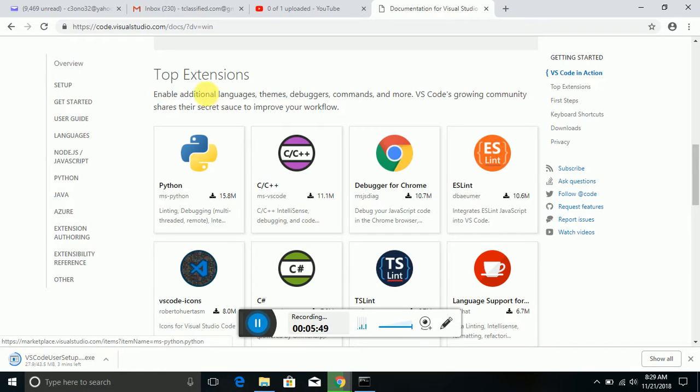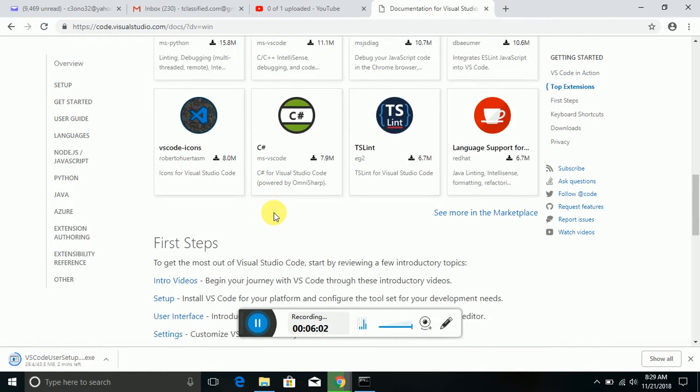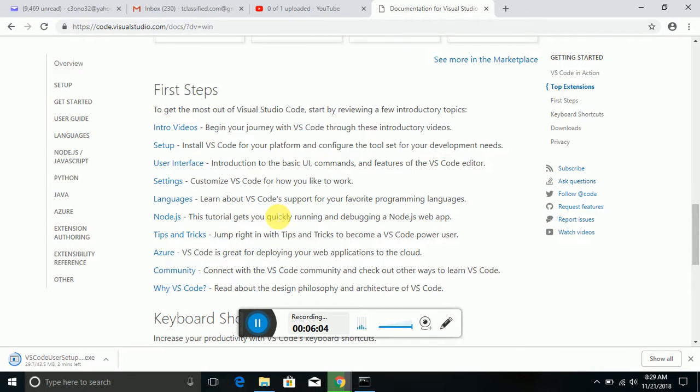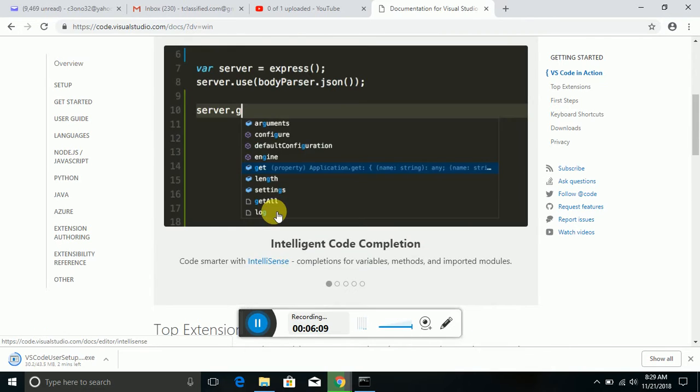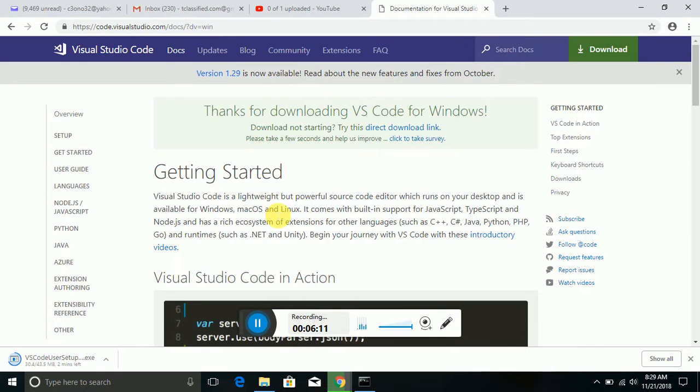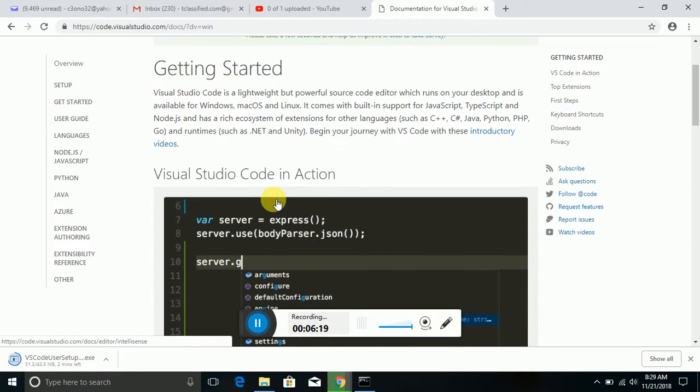So you can see this: enable additional languages, themes, debuggers, commands, and more. VS Code's growing community shares their secret sauce to improve your workflow. So you can actually do a lot of things that will help you to code with VS Code. Visual Studio Code is very powerful. You can use it to do a whole lot of things. So it's one of the best IDEs for coding,